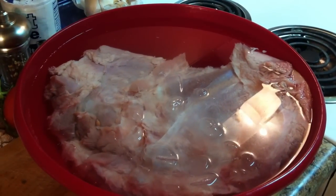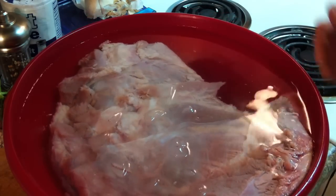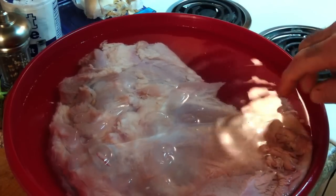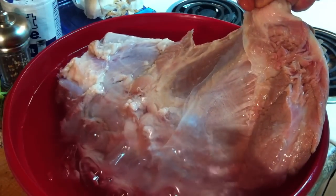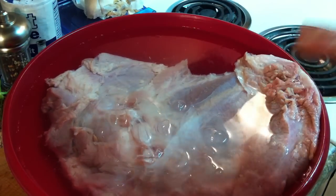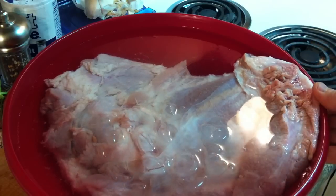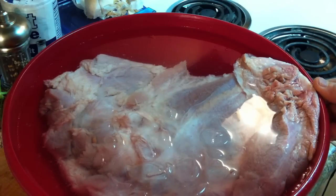Okay, this is a video that I had no intentions of making, but a few days ago my neighbor brought me this wild hog shoulder here, and so I'm gonna go ahead and do a video with this. I've got it sitting, and I have for the last 3 days, in ice water with some vinegar and a little bit of lemon juice to leach all